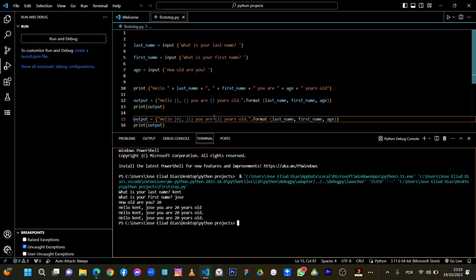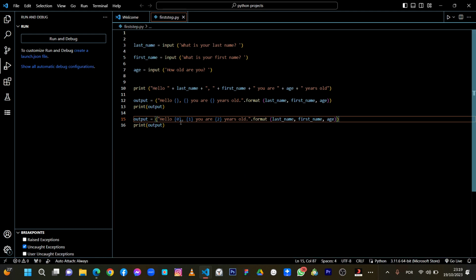Let's say I want to display my first name first, and then in the place of my age, I want to display my last name, and then in place of my first name, I want to display first the age. Let's print this. Let's run our program,